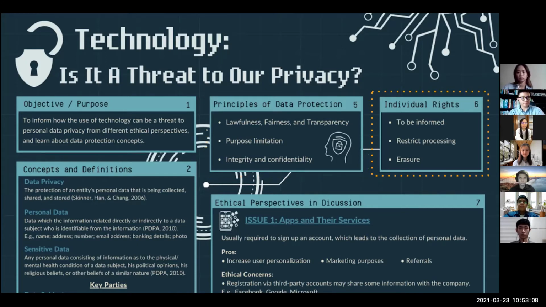Hi, my name is Wei Jun. I'm going to discuss a few individual rights from the UK GDPR relating to data protection. First and foremost, individuals have the right to be informed when their personal data is collected and how it is used. Individuals should also be provided with information that covers the purposes of using their data, how long the data will be kept, and who the data will be shared with. In short, these are called privacy information.